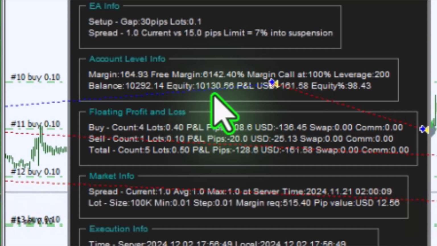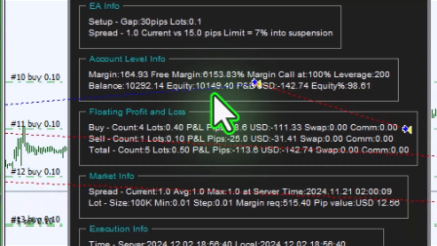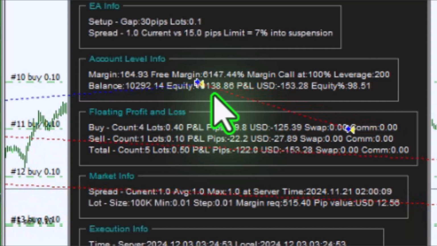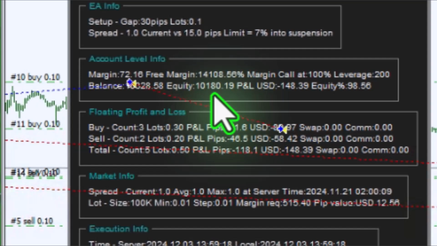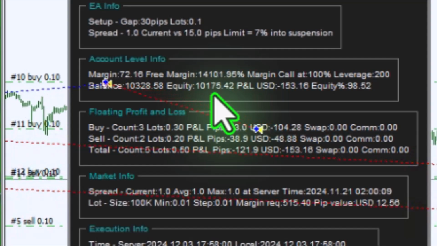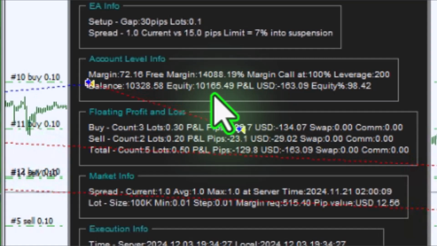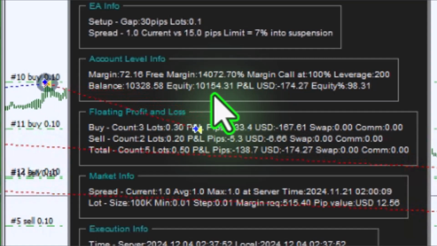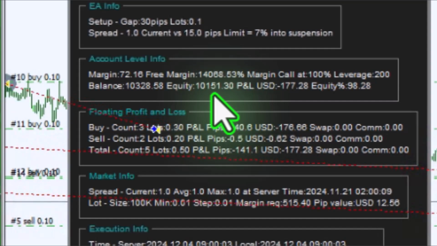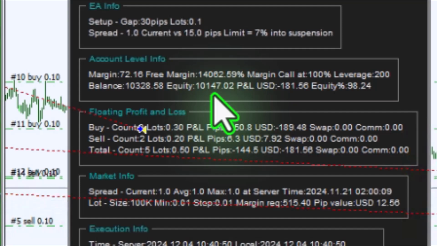When it leaves the carpet and it's not paid for, then equity goes negative and we haven't paid for the carpet. When the price is trading on a paid carpet, we're printing money. When it's off a paid carpet, we have to start paying for that extra carpet size. But after time, you'll see that the carpet matures and the price starts bouncing up and down on